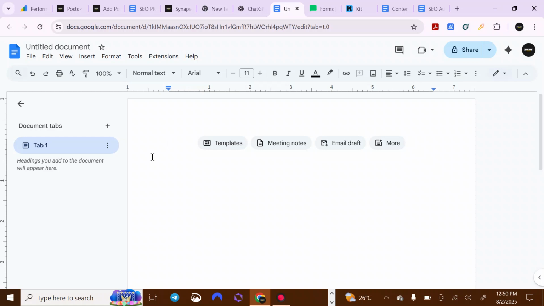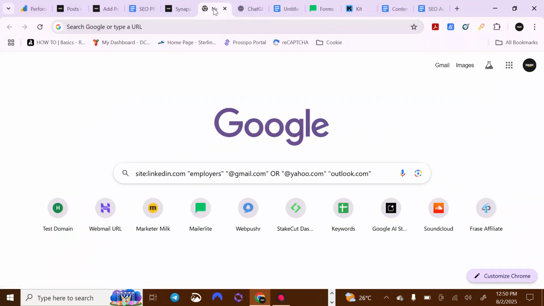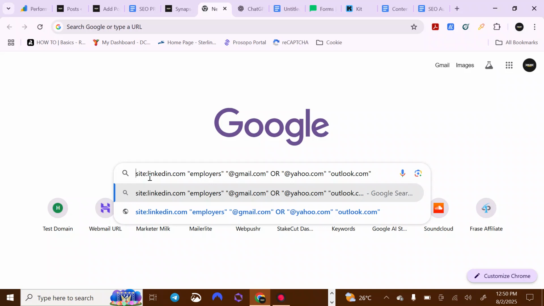So straight to that. As you can see, these are my tabs. I already have everything opened, right? And then right here we have Google. This is my Google browser, this is my tab. This is the script you're going to be using. This is the script we're going to be working with, right? So for now, let's say we want to search for